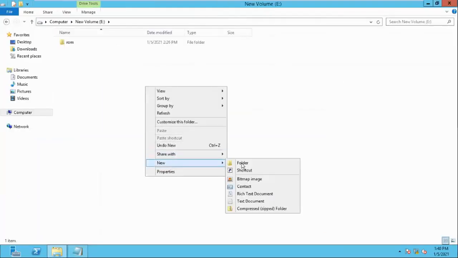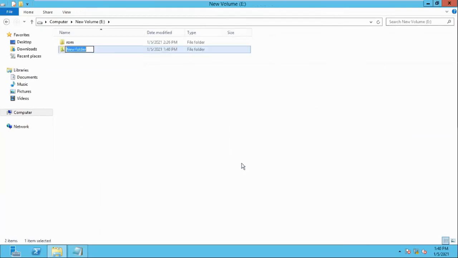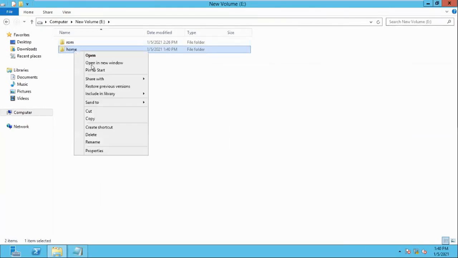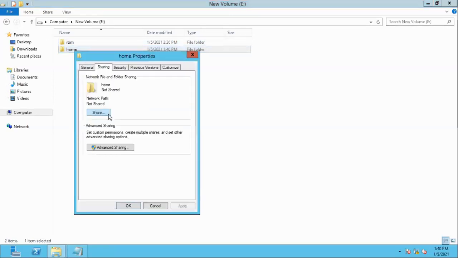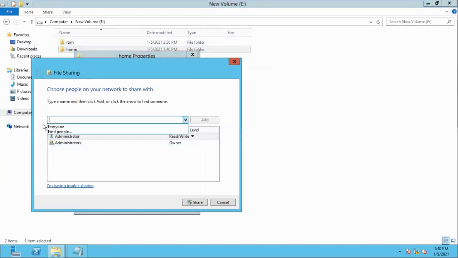First, I will open a new folder. I'll give the name home, because for a home folder the name doesn't matter. You can give any name. Here it is for practice purposes. Properties, sharing, share. I can give Everyone, and add Everyone with read and write permission.